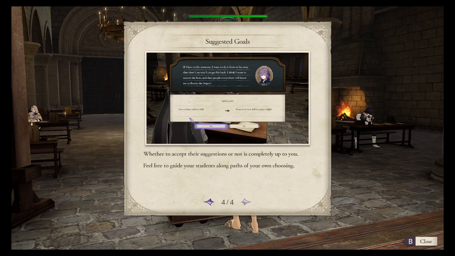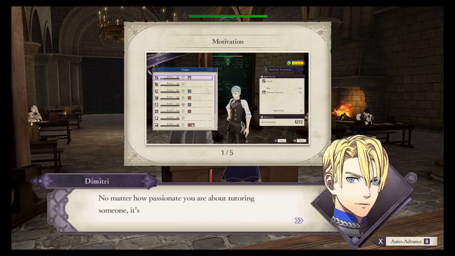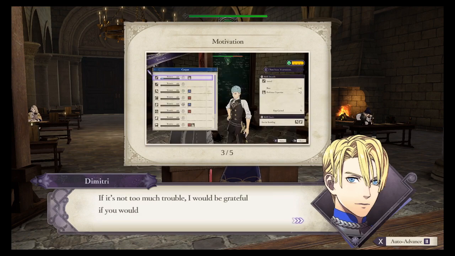Feel free to guide your students along paths of your own choosing. Alright, motivation. No matter how passionate you are about tutoring someone, it's difficult to get good results if that student lacks motivation. To increase a student's motivation, it's probably best to appeal to them in a variety of ways. If it's not too much trouble, I would be grateful if you would try to pay attention to everyone's motivation